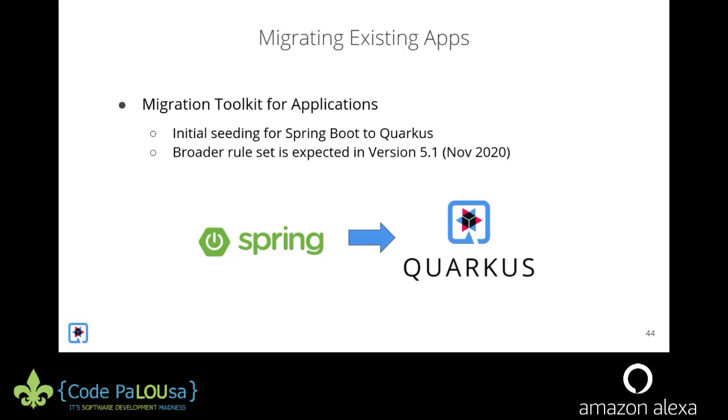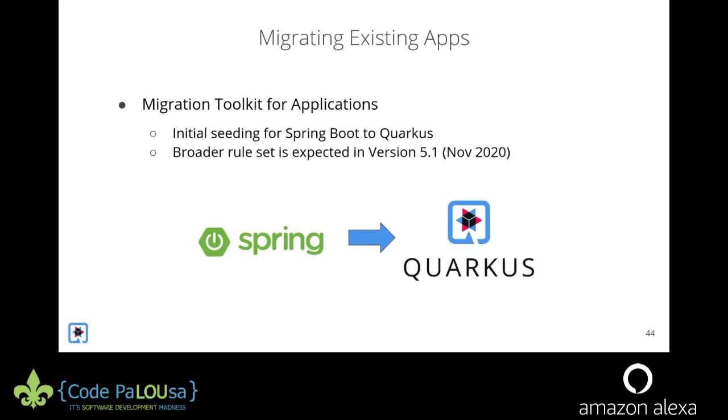It's a free tool that you can download, and essentially it's got a bunch of rules that you can customize that say, listen, today I've got a Spring Boot application, and you might include that jar file as the source, and then the target rule set would be Quarkus, and you run this Migration Toolkit for Applications, and it does an analysis of your Spring jar application, and it produces a really nice output, a report in agile terms, and it identifies those things that you're going to need to change in order to migrate your applications to Quarkus.